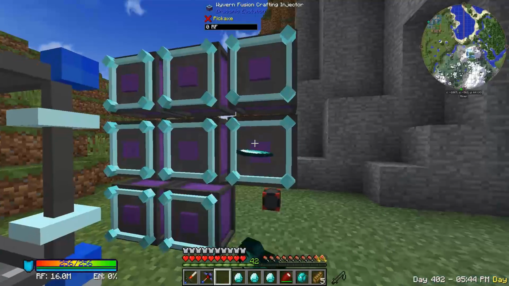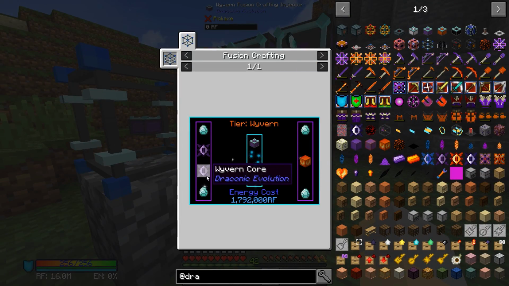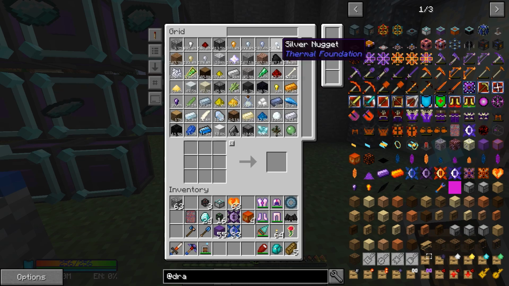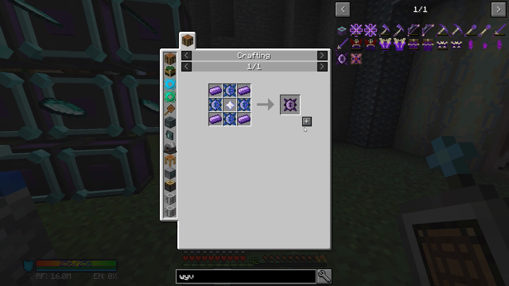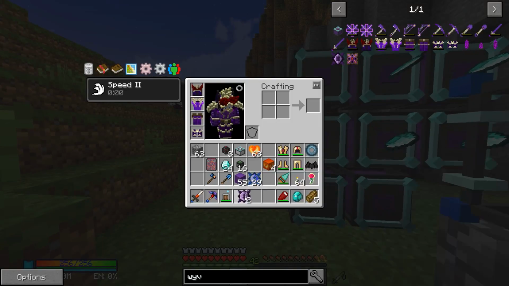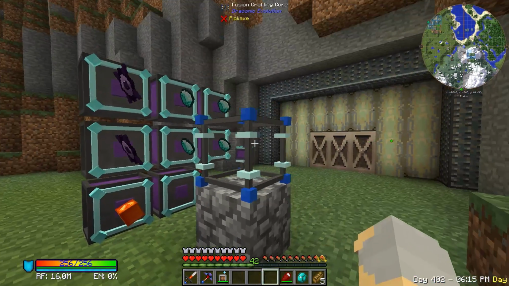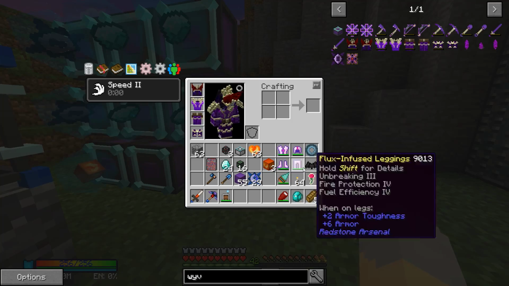I think I can do this like so. Using only those, we need 2 Wyvern Cores. That means I need another one. Wyvern Core. There we go. And let's go split those, actually. Let's go like that. And then it was an awakened block, and then we can craft this thing up. Okay? So while that's crafting,